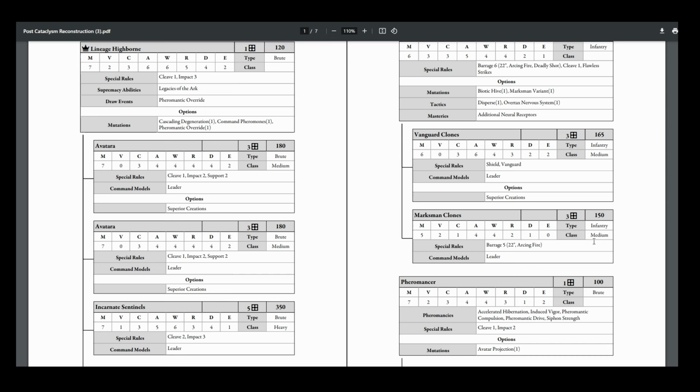The first way is, on the turn that the Incarnates deploy, you put the Lineage Highborn underneath them, and then you just activate again to get another march, and it just rockets you up the board, usually 21 inches onto something to contest a point or score it. That's really good because there's not...